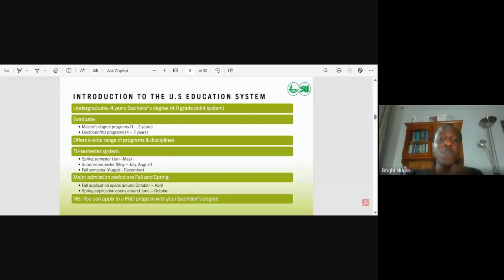You can get a fully funded PhD program, either as a graduate assistant, graduate teaching assistant, all right, a research assistant, fully straight up from bachelor's. You don't need a master's degree. You can go straight up into a PhD. That is how the US operates. That's how flexible the US operates in that regard. But in the UK, it is a no-no. In the UK, for you to go for a PhD, you must have a master's. All right, but in the US, you don't need a master's.